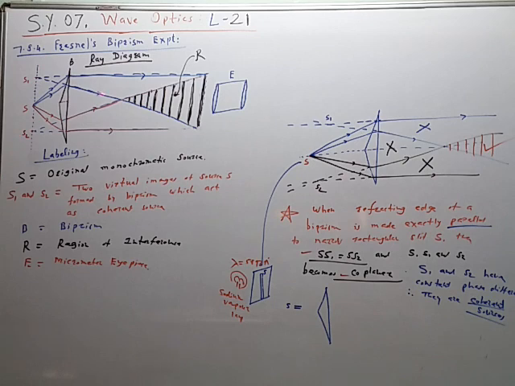The waves from S1 and S2 after refraction through the biprism, they cross in this region R. So this is the region where the interference bands are formed. These bands are very close, therefore for the measurement they are observed through micrometer eyepiece, so they appear to be magnified and we can make the measurement accurately. So in this experiment there is a narrow rectangular slit. This is the biprism. This is the eyepiece.